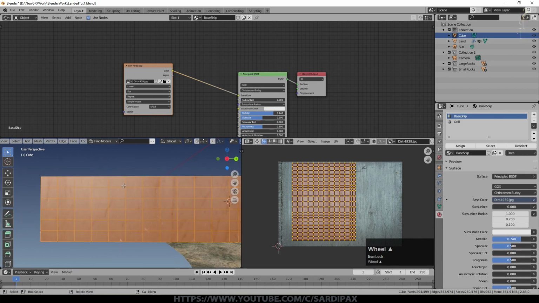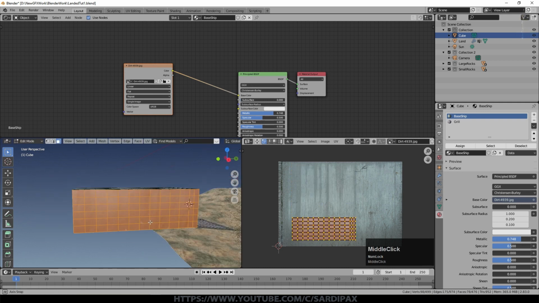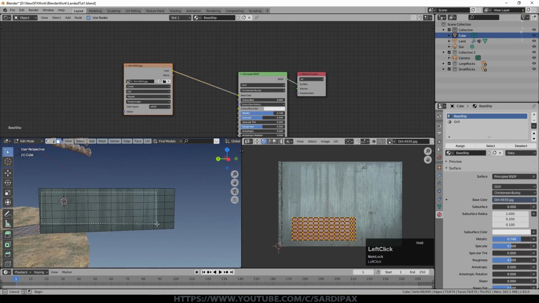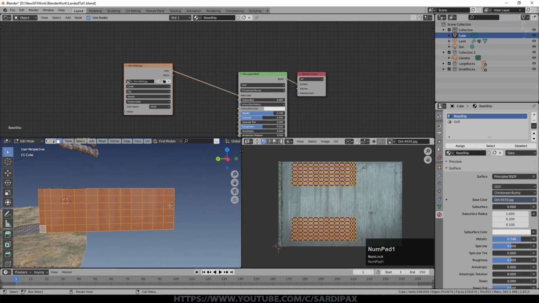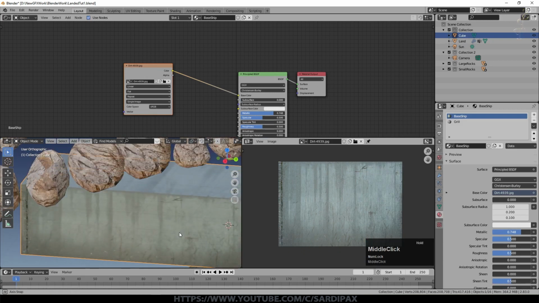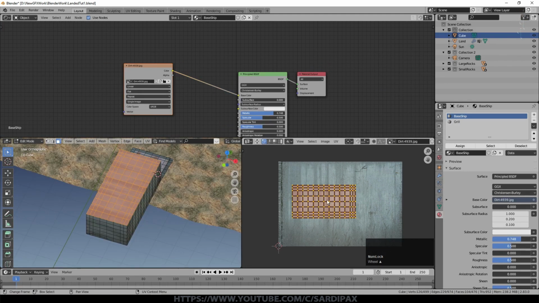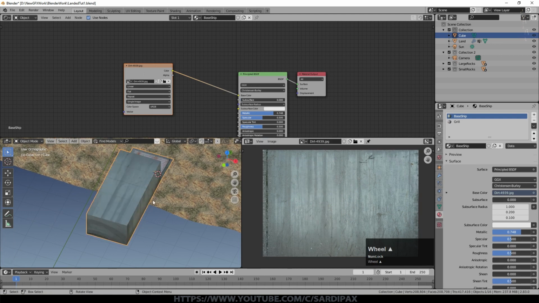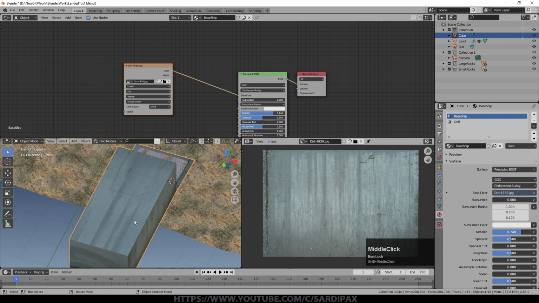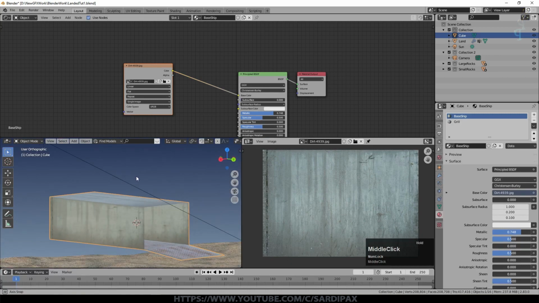Rather than the automatic unwrapping that I did, what I'm going to do is select all of these faces and go around here, select all of these faces and that one. Look from one side, make sure I'm in orthographic, and then say U, project from view bounds. And now you can see those drips are behaving more as you'd expect them to. We've obviously got the ones on the top as well, and I think what I'll do with those is I'll just rotate them. It somehow seems to be more sensible to have any sort of streaks going in that direction on the ceiling rather than across the ceiling, in this application at least. So that's got our basic drips and noise.